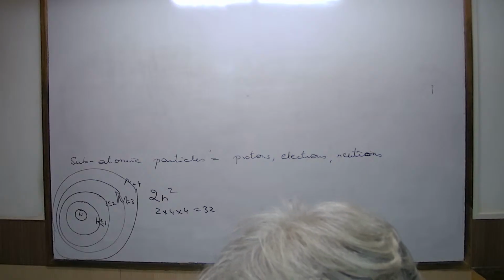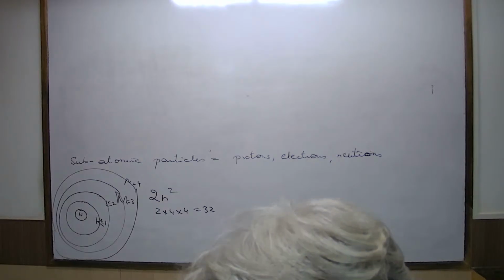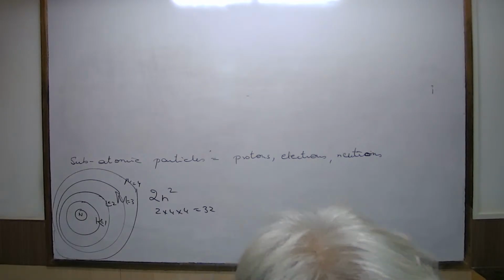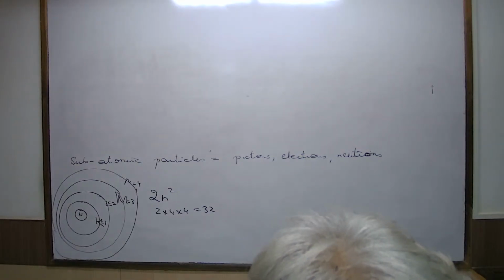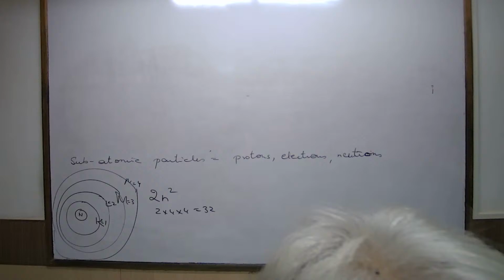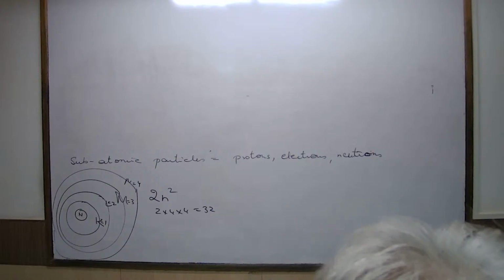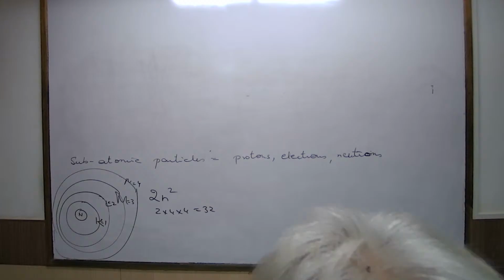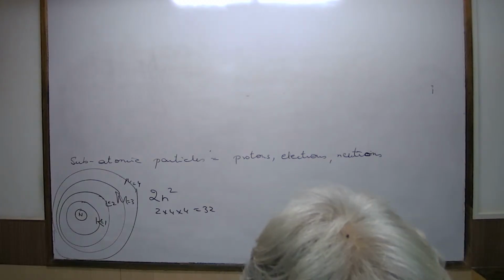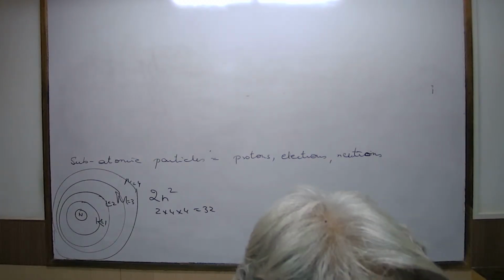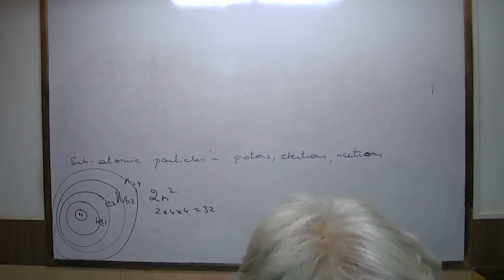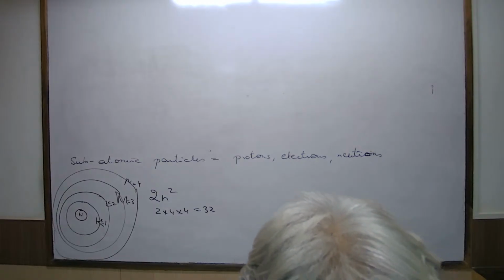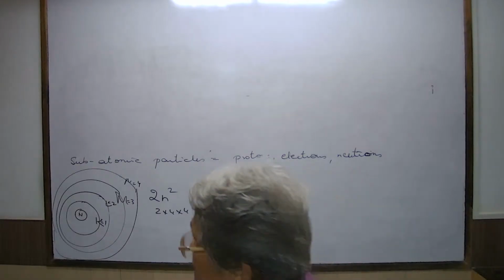The 2n squared rule. You have to remember the 2n squared rule first. Then the duplet rule, and then the octet rule. Okay? So now, suppose we have